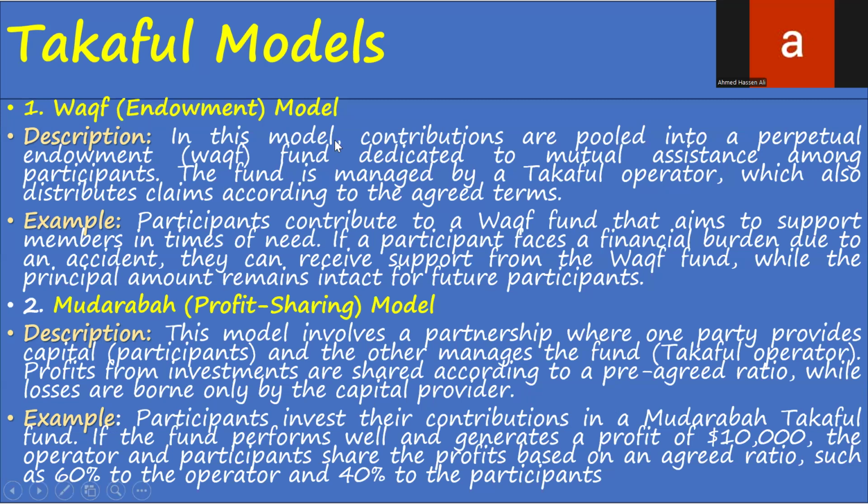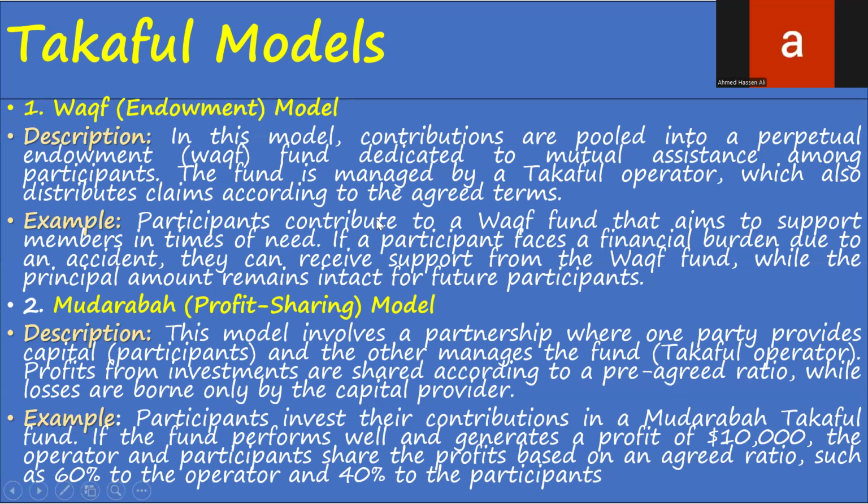In this model, contributions are pulled into a perpetual endowment Waqf fund dedicated to mutual assistance among participants. The fund is managed by a Takaful operator, which also pays claims according to the agreed terms. So when you're talking about Waqf, we find that there are contributions that are pulled into the Waqf. For example, you might be in Somalia, for instance, and there is a Waqf. So this Waqf means that there are people who normally contribute to the Waqf, like every month, they put $100, $50,